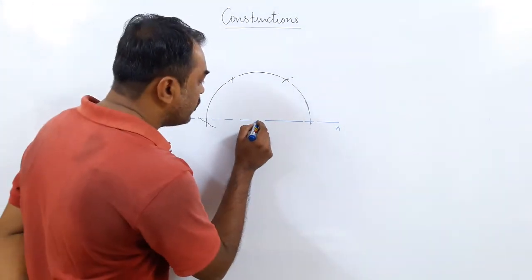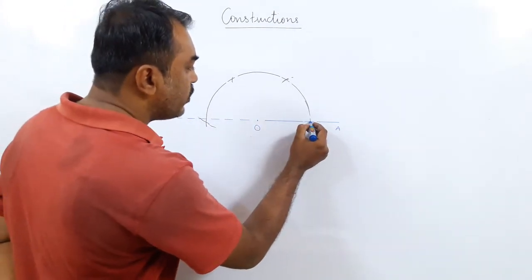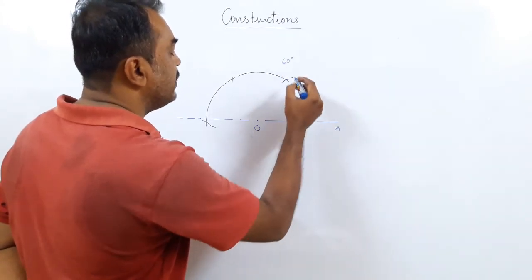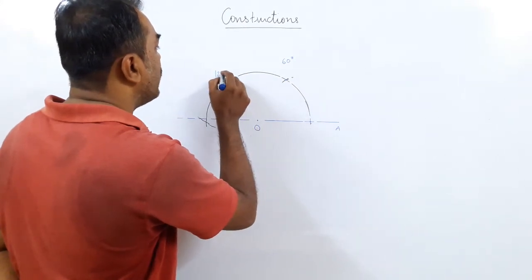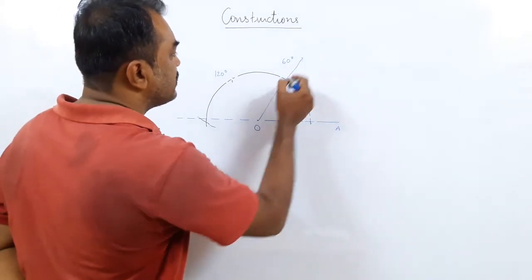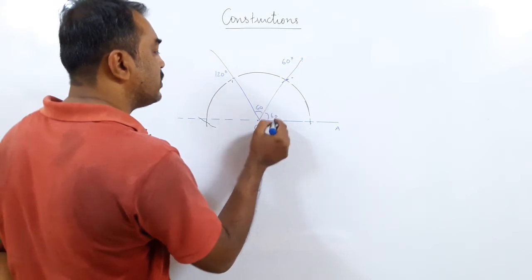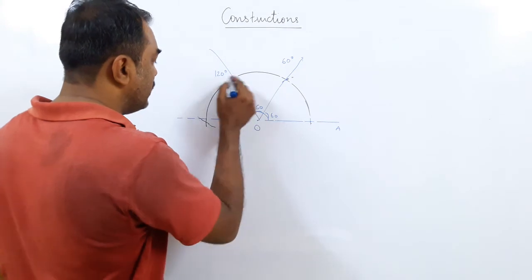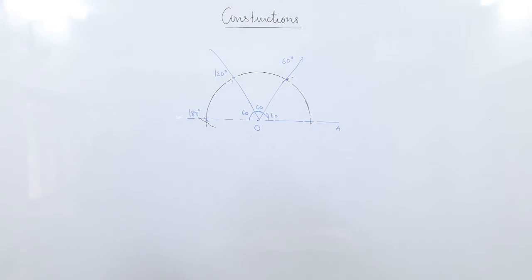When I started from here, you can do this OA and I draw an arc. When I begin from this point, the same radius, this should be cut at 60 degree. When you take the center and the same radius you cut the arc, you should get this as 120 degree. Why? Because this was 60. Then from this 60, if you go further 60 more, 60 plus 60 should give you 120. If you go 60 more, it should give you 180 degree. This is how it should go, but I am not getting it perfectly.